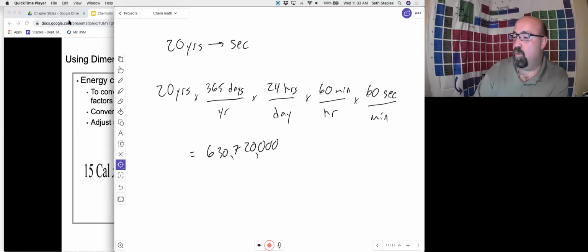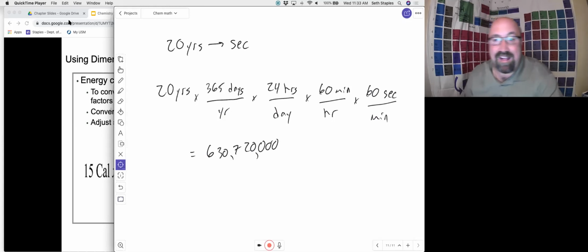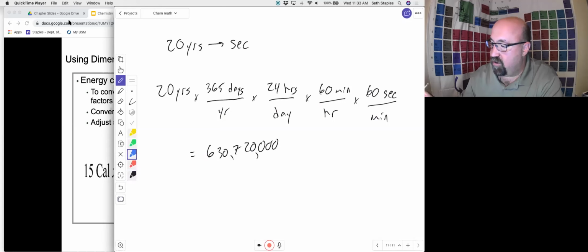And so this is dimensional analysis. What you've done in order to do this calculation is you've used a series of what we call conversion factors that allow us to convert back and forth between different units. Let's look at just the units here for a second. Let's take out the numbers completely. If we are looking at just the units,